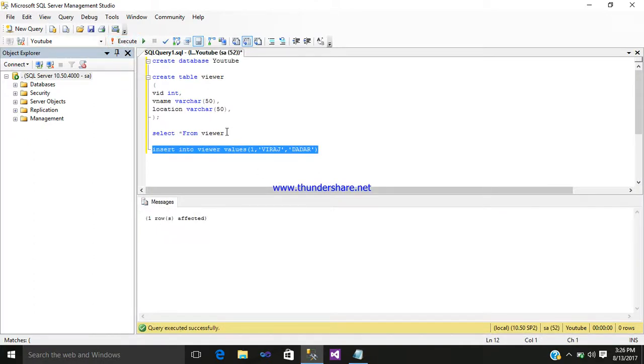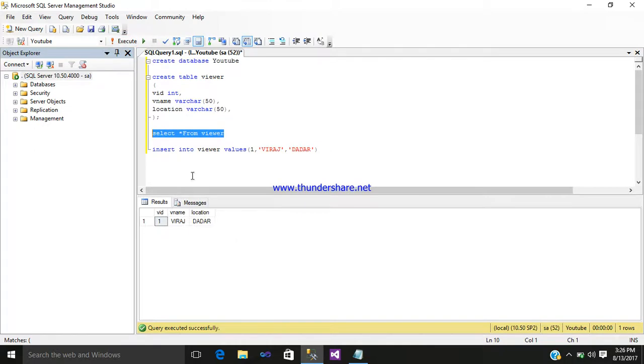One row is affected. You can see such data by using select star from viewers. See, whatever data I have inserted is displayed in tabular format. See, VID is 1, vname is Viraj, and location is Dadar. Whatever I have inserted is displayed. Now simply add a few more